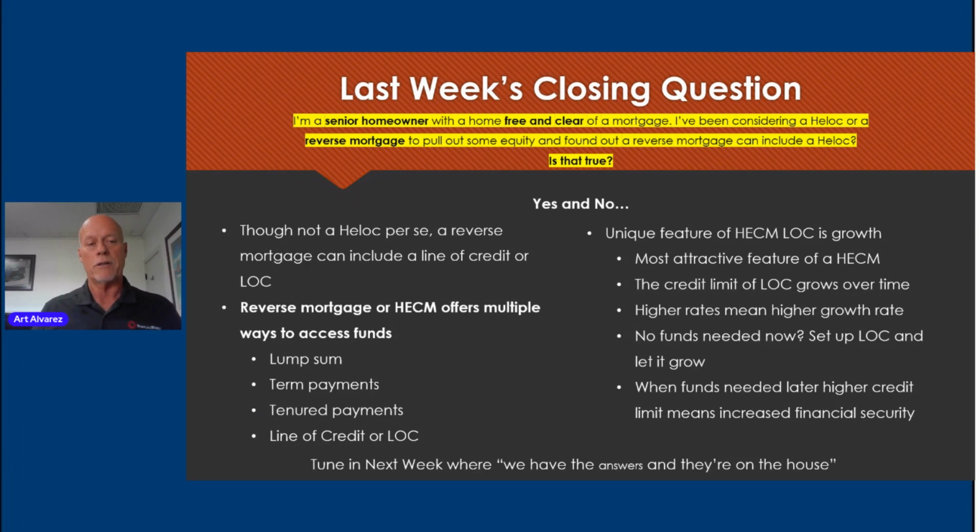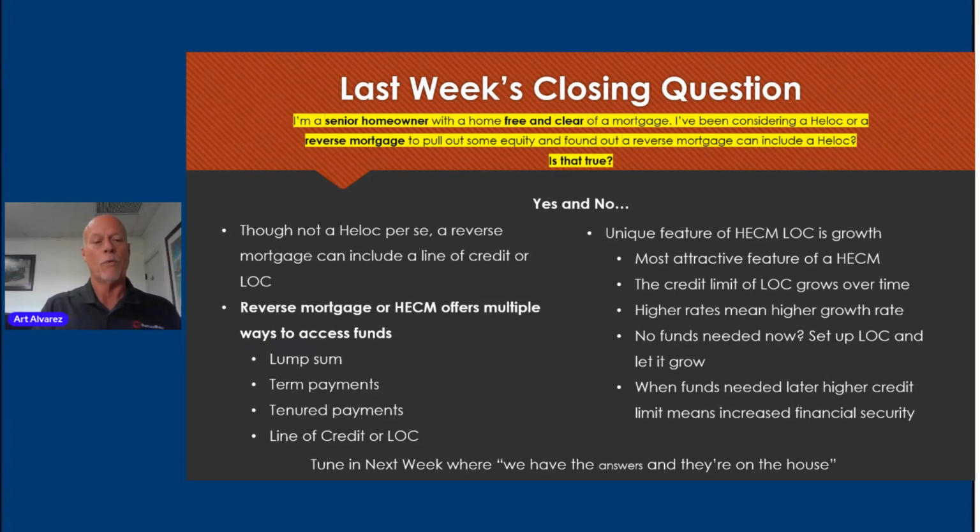You may have a home free and clear. Your mandatory obligations that have to be paid at time of closing may be relatively minimal. You might want to have a modest amount of cash at close, but maybe you don't really need a lot, and you don't want to have the interest accrue for money that's just going to sit there doing nothing. So this is why in some cases a homeowner will get a reverse mortgage, not because they need to access a lot of funds now, but they want to be strategic, get it in place with a large line of credit portion that they will leave untapped initially, but then understand that it's growing over time,